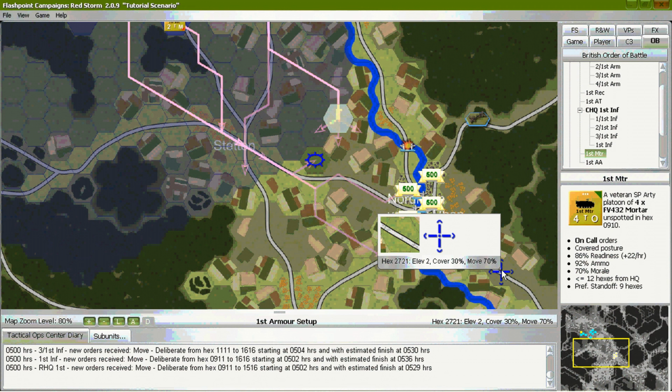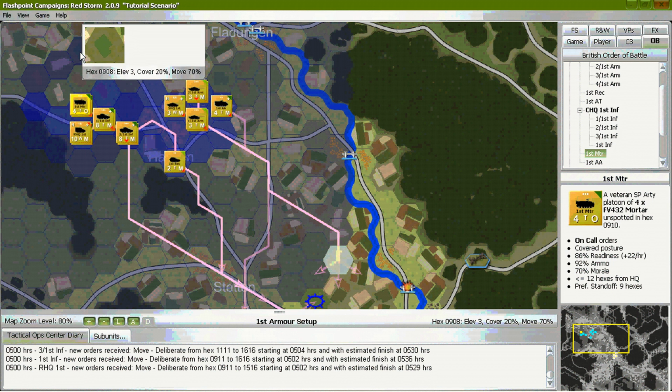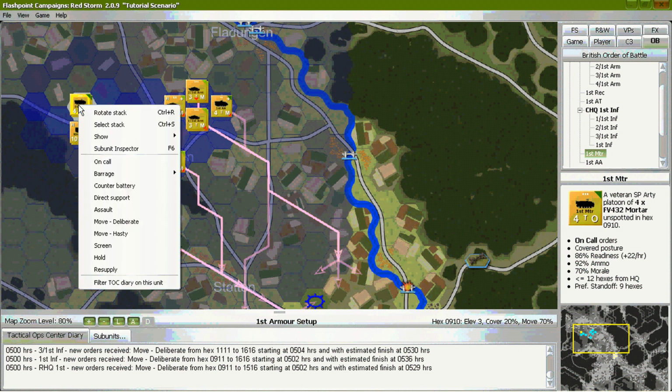The smaller circle is the limit of an anti-air capable weapon, a machine gun in this case.